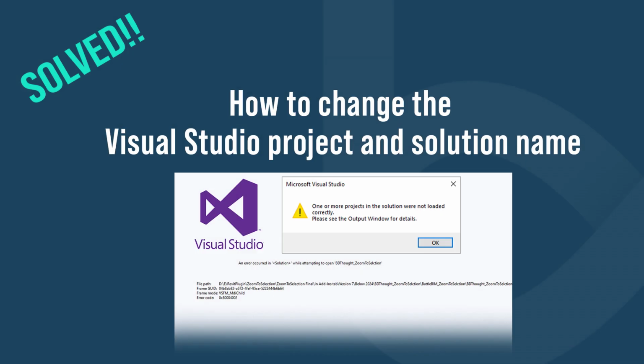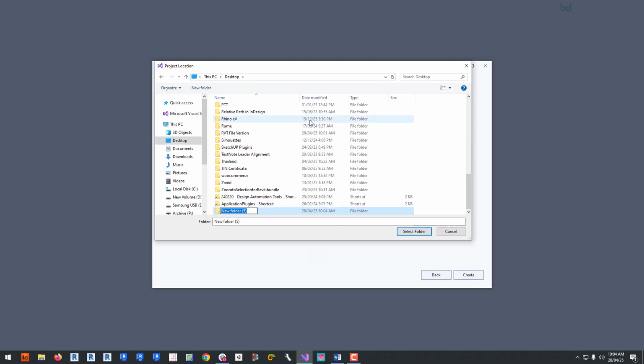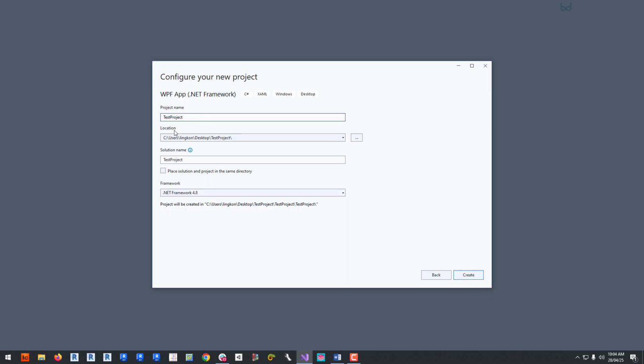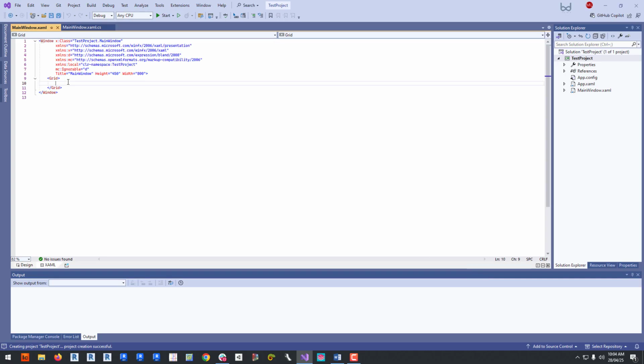In this video, we'll look at two different types of projects, a WPF App .NET framework and a class library .NET framework. Let's start with the WPF app. I'm assuming you already have a WPF app project set up,